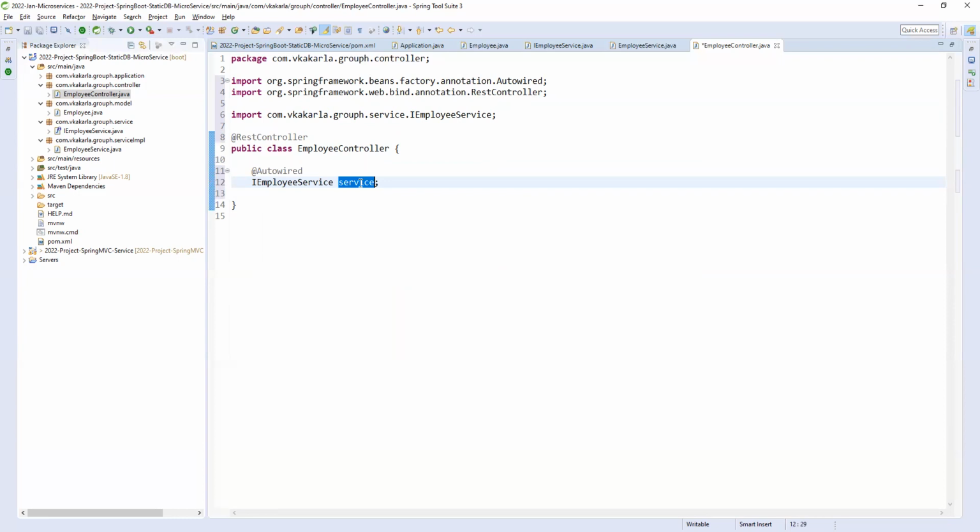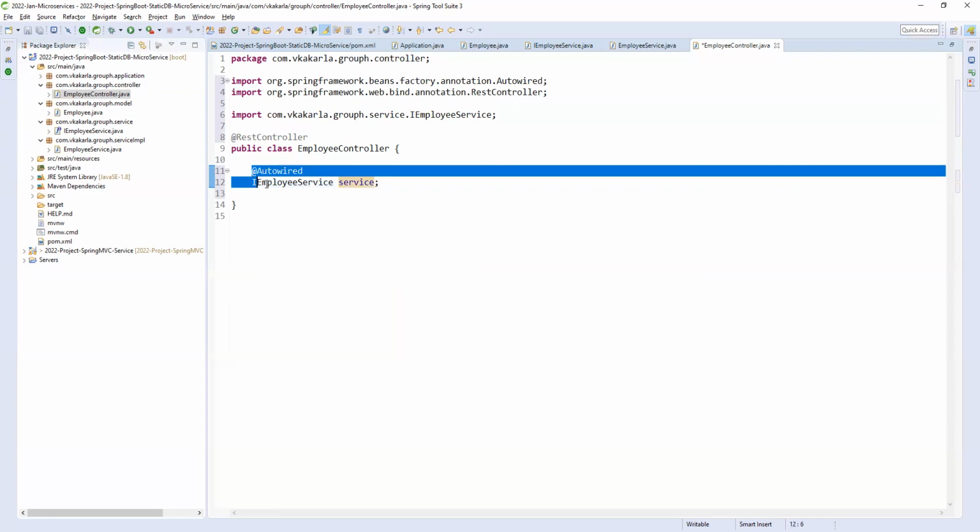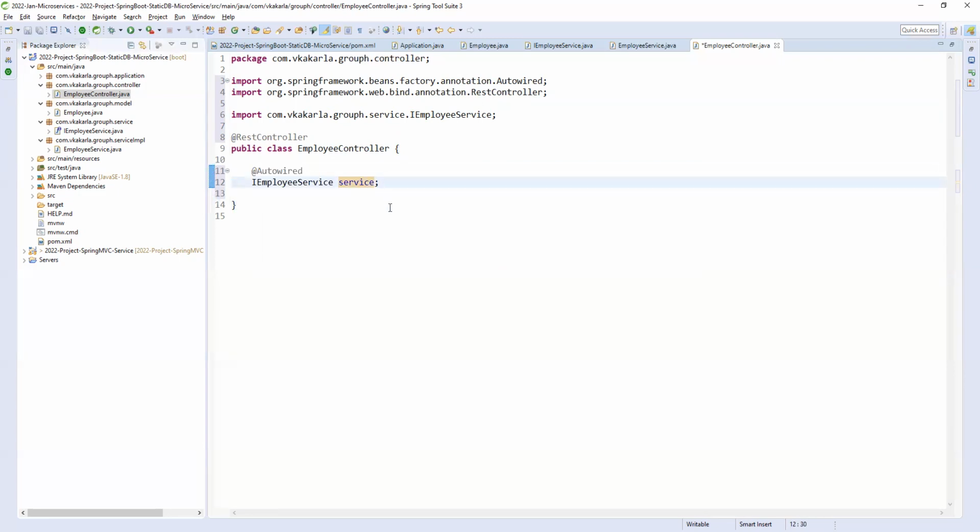Why? Because we need to call the employee service: create employee, update employee, delete employee, save employee, get employee. That is the reason our service is a dependency in our controller class, right? So I will tell you what this dependency injection or Autowired is.